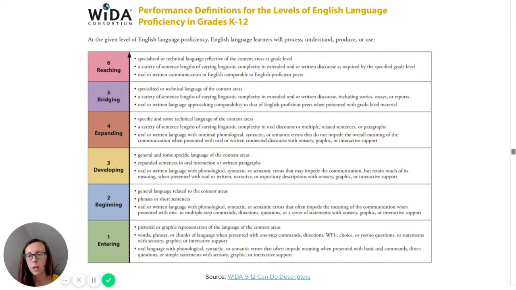As students get a little bit more developed in their English language proficiency, it might not be as obvious to you right away that they're English learners, especially because they probably have a pretty good handle on their BICS, their social language. But think about the ways that we need to still support English learners as they're a level 3, 4, 5, and even a 6. So I just wanted to provide this graphic to show what we can expect, or what is common, for each level of English language proficiency.